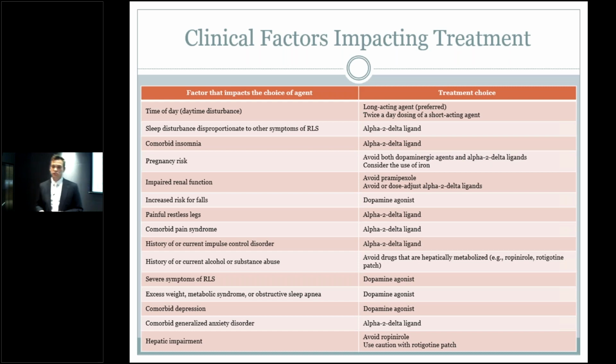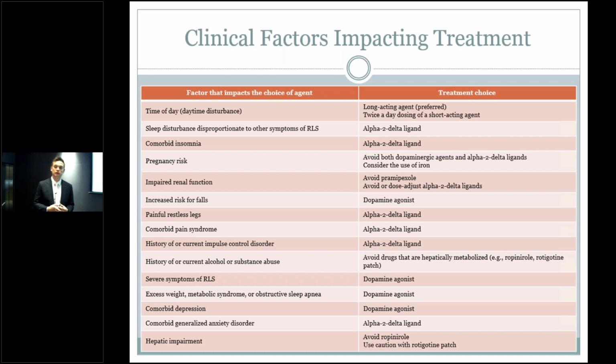You end up with issues of hepatic impairment, and you want to avoid Requip and use caution with the patch. So there's a lot of guidance based on what the patient's presenting with. Because of the comorbid insomnia, that's one reason we end up with a lot of gabapentin used for the legs, because it does help people go to sleep, and you can get a dose point that really